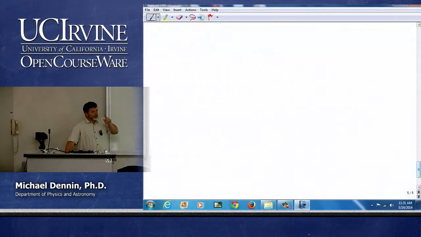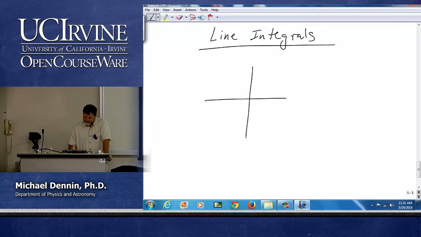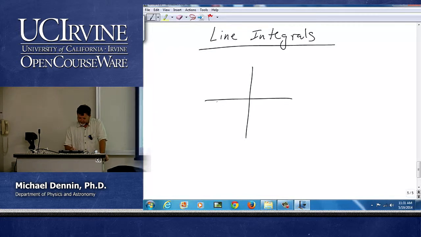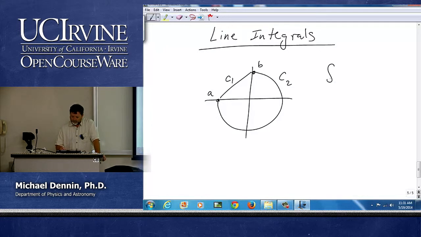Now, the first thing I want to do is recall what happened with line integrals. And let's consider an example. I'm going to badly draw my coordinate system. But consider two different curves, C2 and C1, going from the point A to B. And we're going to consider the integral from A to B of f dot dr